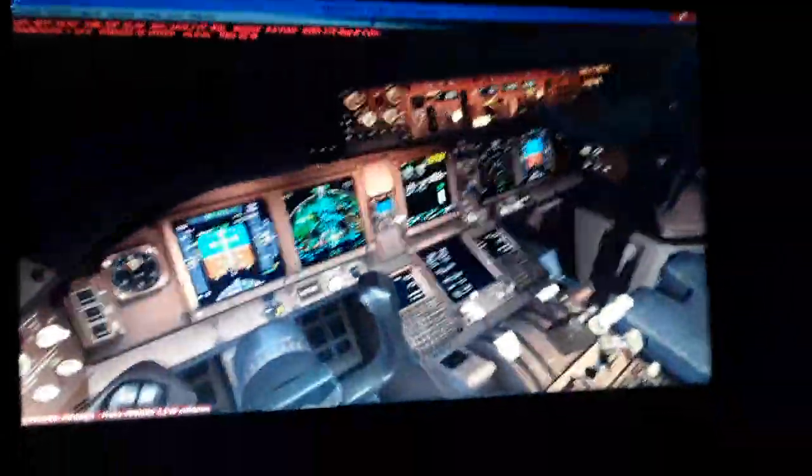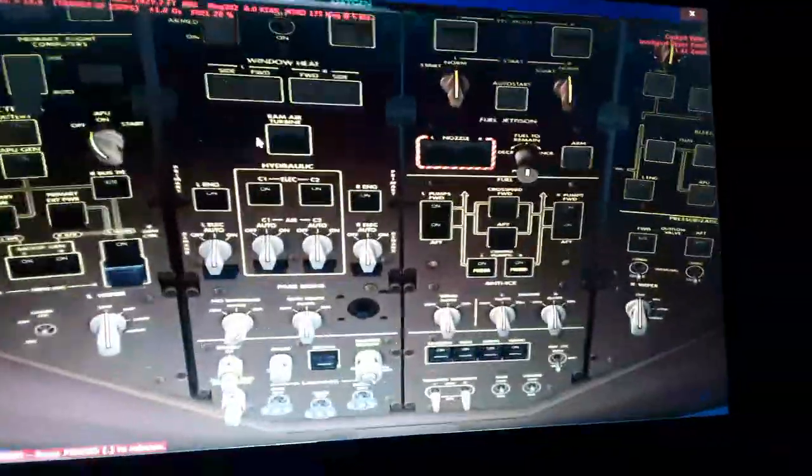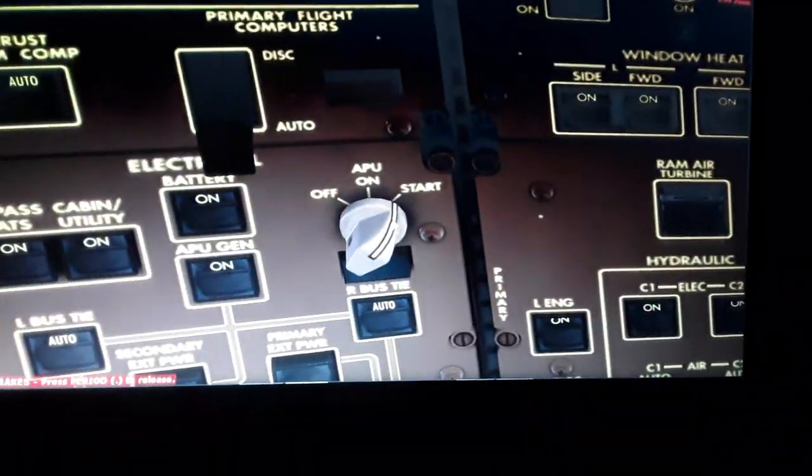So now we go to the overhead panel here, the other systems. We have a few more minutes for this slide. You can see the overhead panel. You can see here we have the hydraulic fluid disconnect from maintenance on the ground, the circuit breakers, the electric system. We have also the APU. We need to start the APU to start the engine, the ADIRU, the air data inertial reference unit,